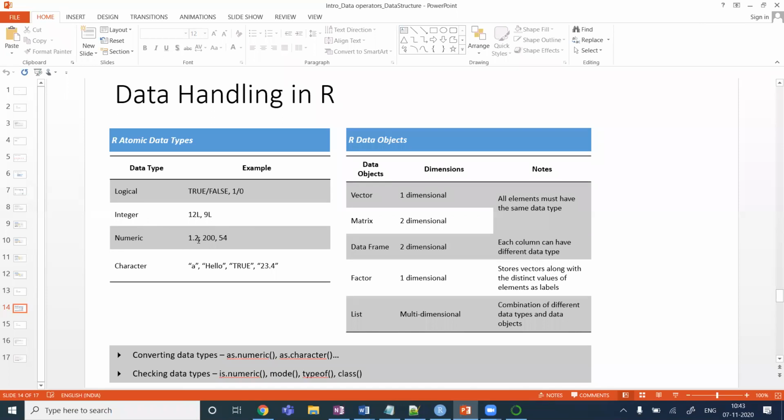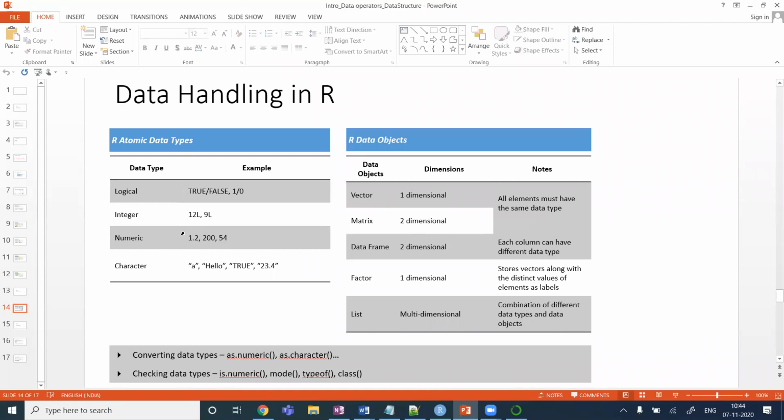But when you assign a number with just a plain integer like 1, 2, 3, it will be stored as a numeric data type, which means there is an expectation that this integer may get converted to a float at any given time. That's the reason we have these two different formats.